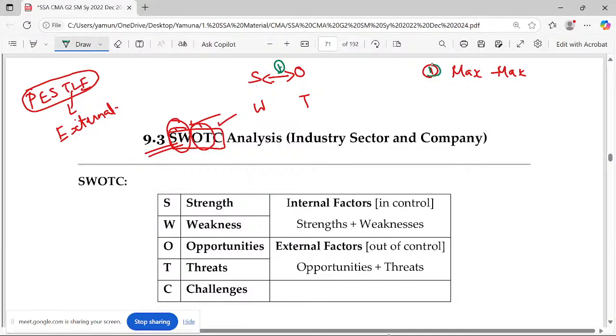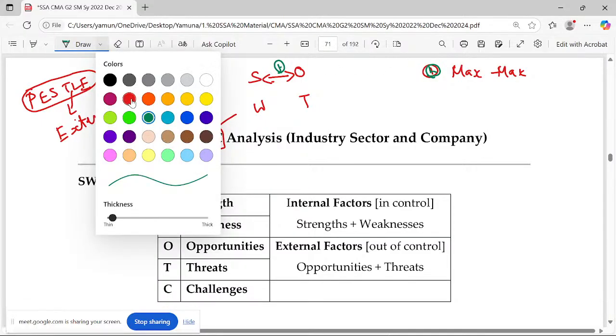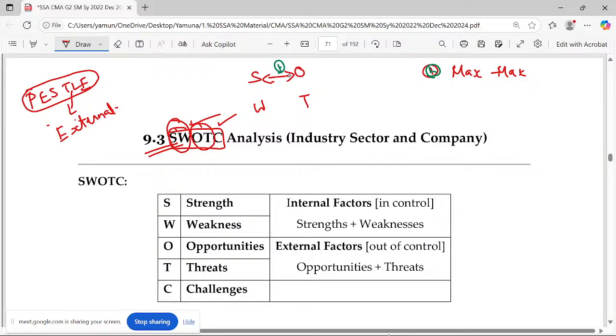This is one. If there is an opportunity lying outside, but that is not your strength, instead that's your weakness, in that case I'll name this as two. What criteria will we follow then? You will minimize your weakness and maximize the strength, that is, the opportunities. Then if there is no opportunity external to the organization, but there is a threat here,